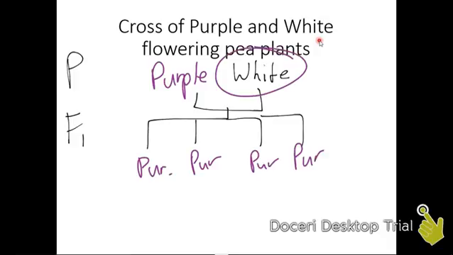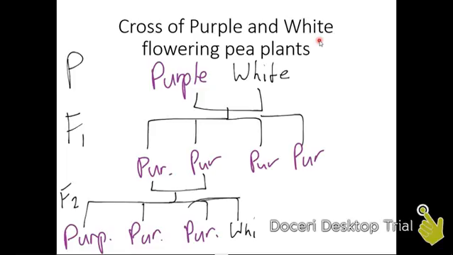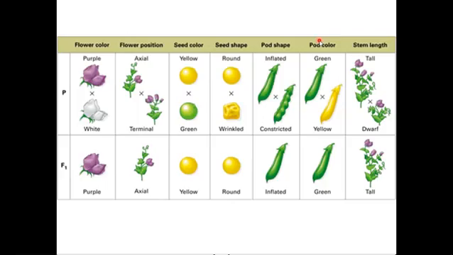He noticed that when you cross these two together, instead of getting a half purple, half white plant, or all white plants, or all purple plants, actually what he did notice was that you got all purple plants. Same thing with each of these traits. If you paired a yellow seed producing plant with a green seed producing plant, all of the offspring were yellow. So these traits down the bottom here, or in the middle, seem to have disappeared in this first generation. So the parents in the P generation produced all purple plants in the F generation.